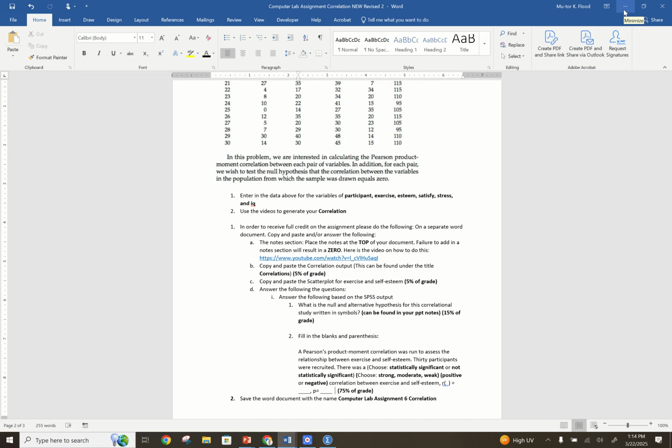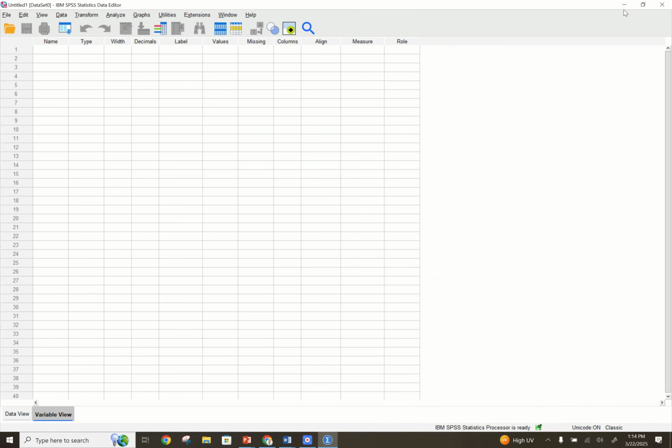So let's put in our variables and our data. So then we're going to go back to this variable view that we were on, and so we're going to put in our variables. All right, so the first variable we're going to put is called participant. All right, we're going to put that right there. We're going to press enter. The next one we're going to put in is called exercise, and we're going to press